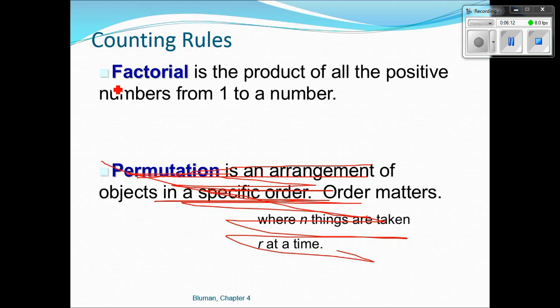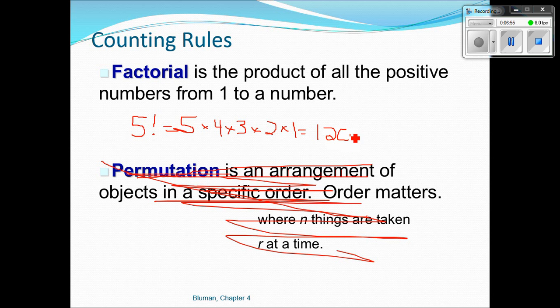One way of doing this usually is factorial. Factorial is a product of all positive numbers from 1 up to a number. Usually in your math class, it's presented to you as from that number down to 1. So if we say like 5 factorial, okay, 5 factorial is written 5 exclamation mark. The way you find that is you take 5 times 4 times 3 times 2 times 1. So 5 factorial is 20, 60, 120,